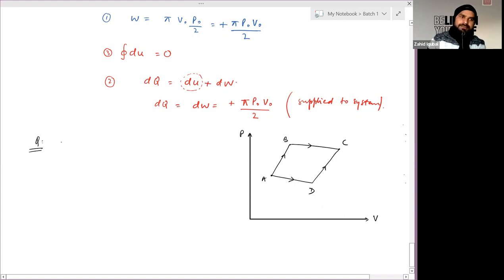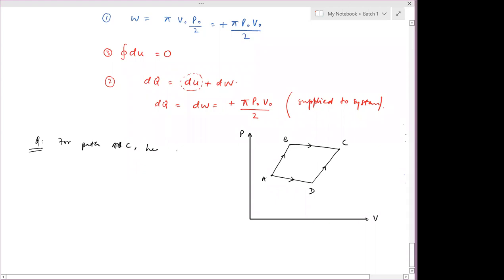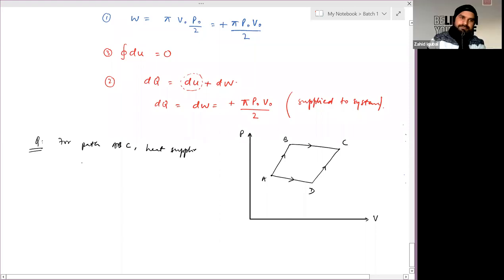So states for path A, B, C, heat supplied to system is 100 joule